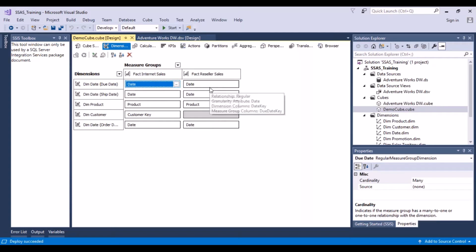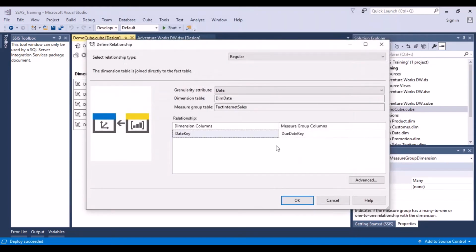For the fact reseller sales, we can see that there is no dim customer. So there is no customer key in the fact reseller sales. So this one is not related to the customer dimension. This is called the dimension usage tab, and you can see which fact tables are related to which